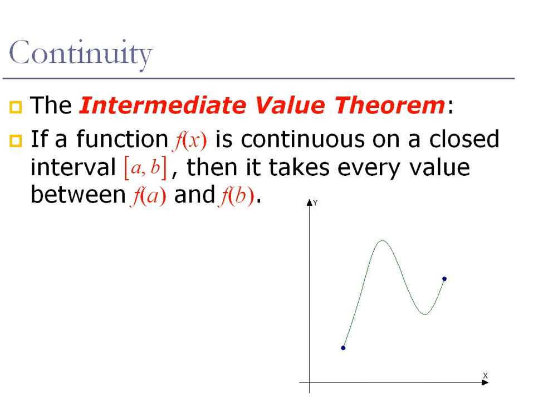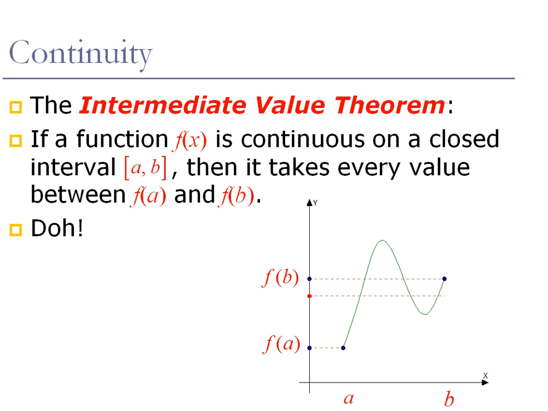So let's say that we have a function, and that's the graph of that function. And let's say that this function, as the graph suggests, I should say, is in fact continuous all the way from a until b. Then what happens is that at a, the function will have a certain value f of a. At b, the function will have another value f of b. What this theorem tells us is that if you pick any other value in between,